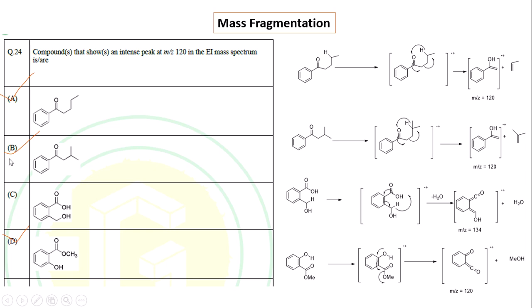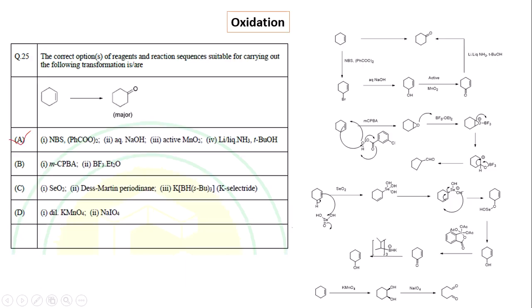So options A, B, and D are correct. Next is the oxidation problem, where cyclohexene is converted to cyclohexanone. Here the cyclohexene is first converted to the allylic bromide on treatment with N-bromosuccinimide and benzoyl peroxide,